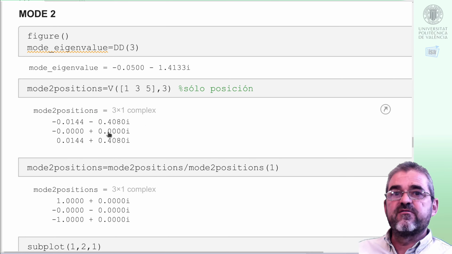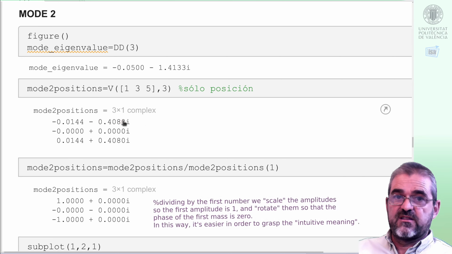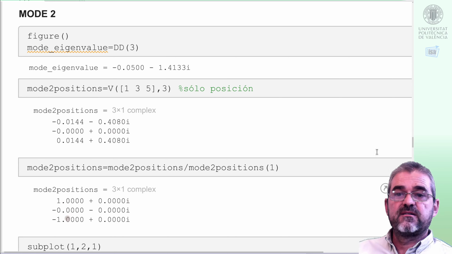If I divide by the first element, dividing in the complex domain is like dividing by the modulus and rotating, so I put the first one in phase and move the other ones the same way. Then 1, 0, minus 1 is the meaning of the